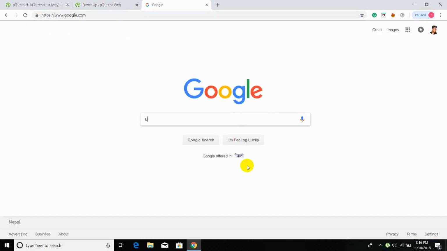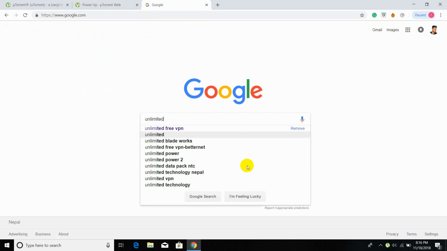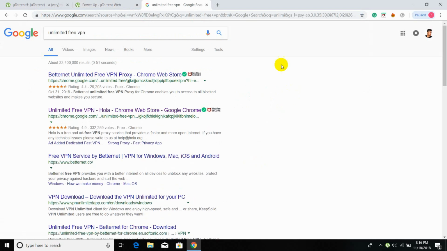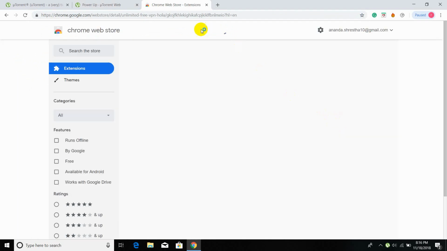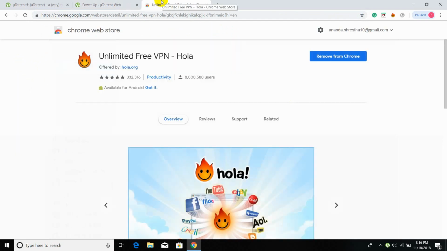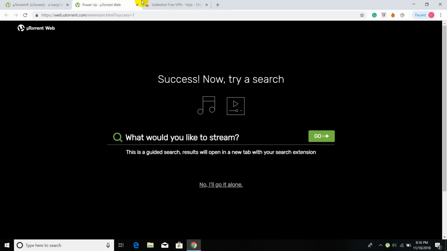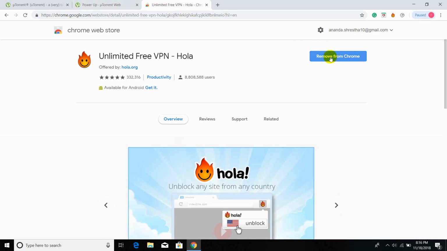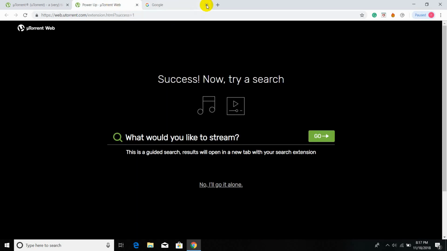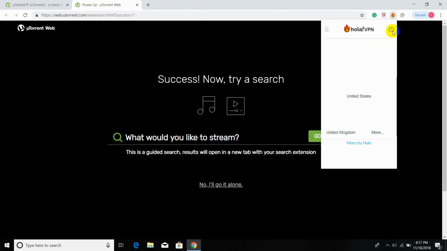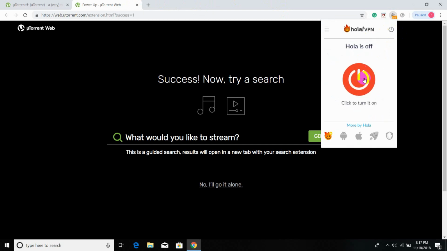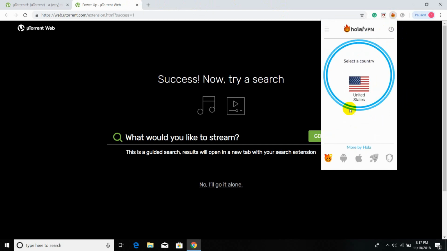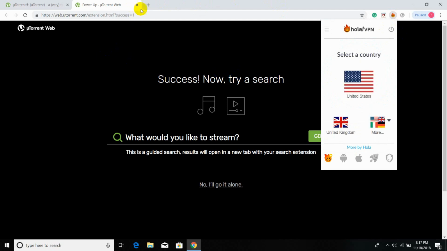Add unlimited free VPN to your internet browser. So you can use the VPN, virtual private network, so all the websites will be open for you. And here, I have already added it. So after this, turn on the VPN. Select any country, then